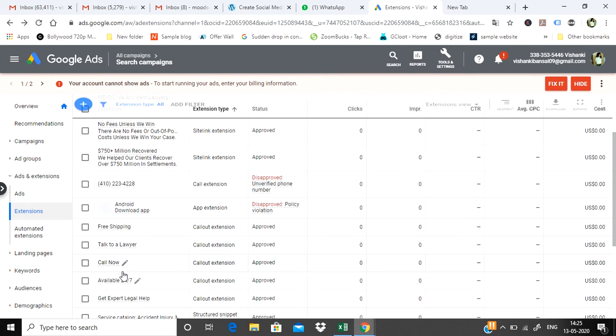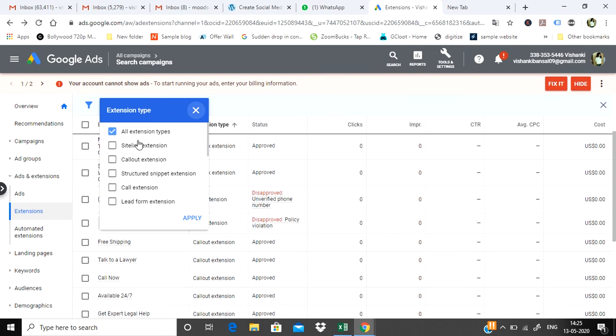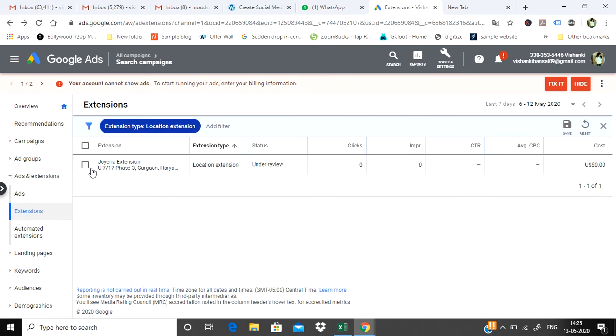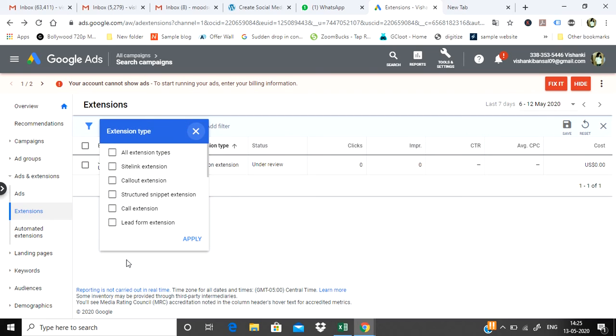Okay, hold on. So you see here my location extension has been created and it's under review. Now let's see how we can create the affiliate location extension.